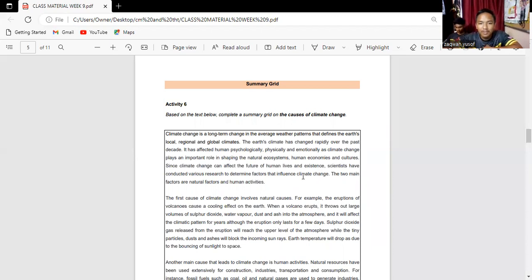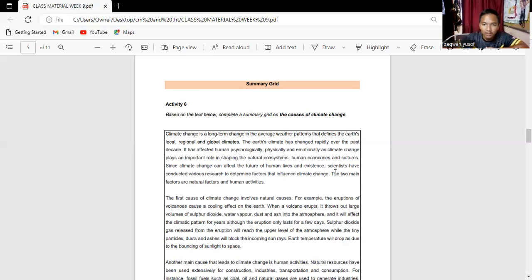The Earth's climate has changed rapidly over the past decade. It has affected humans psychologically, physically, and emotionally, as climate change plays an important role in shaping the natural ecosystem, human economies, and cultures. Since climate change can affect the future of human life and